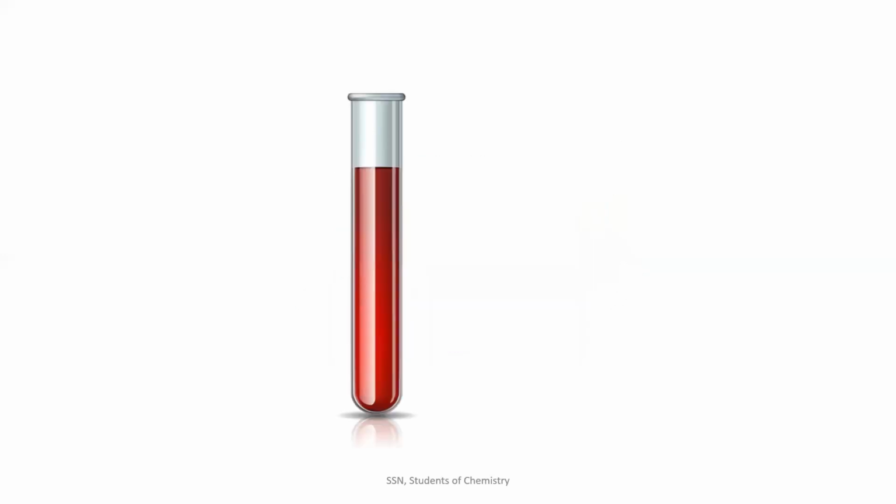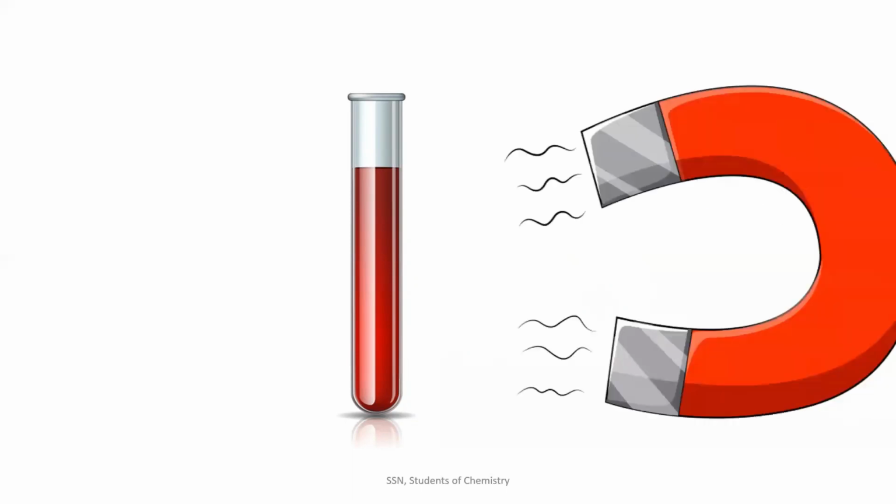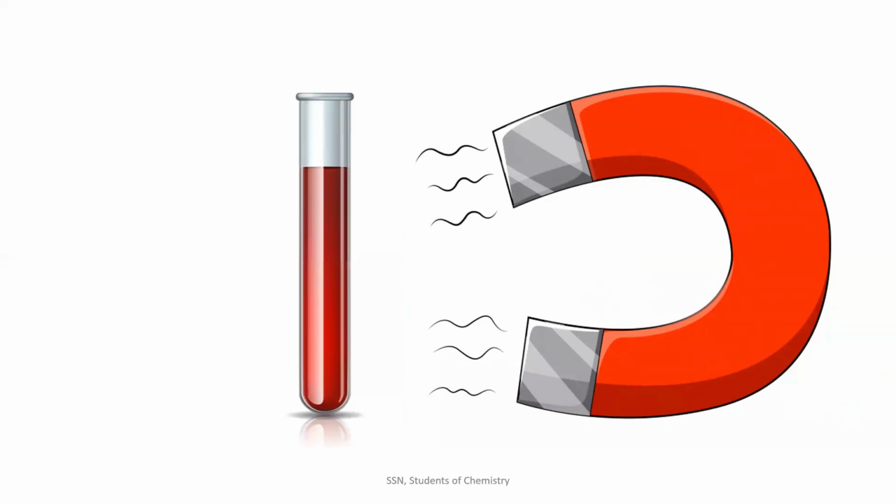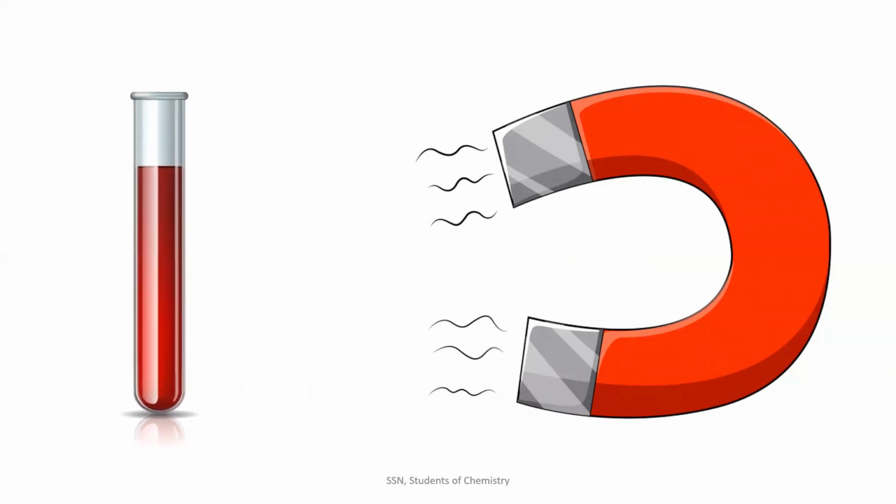Take your blood sample and stick it to some thermocol or something and make it float in water. If you bring a magnet close to this blood sample, you may see that the blood ripples and floats far away in the water compared to the original position. This is happening because our blood is actually repelled by the external magnetic field.